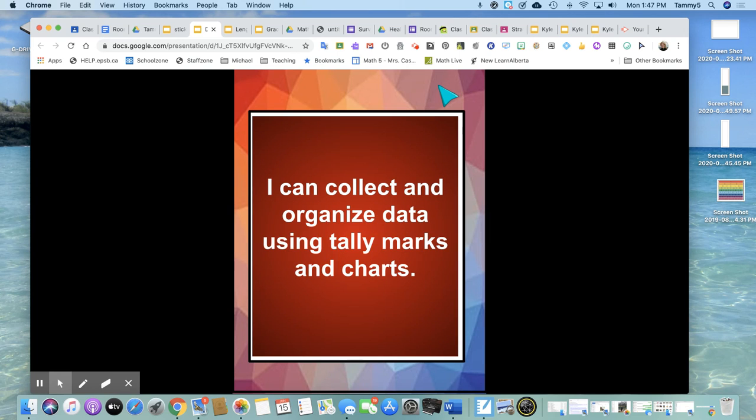So today's I can statement is I can collect and organize data using tally marks and charts. Tomorrow, we're going to learn how to read bar graphs, and this is just a review of what we've learned before. And then on Wednesday, we're going to learn how to actually make bar graphs. Okay,